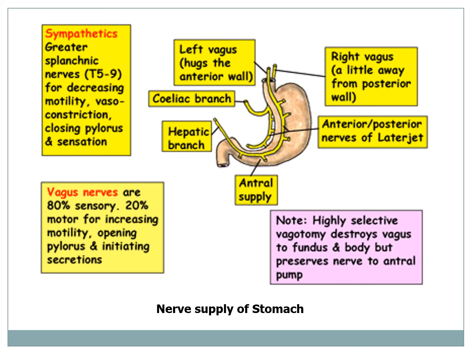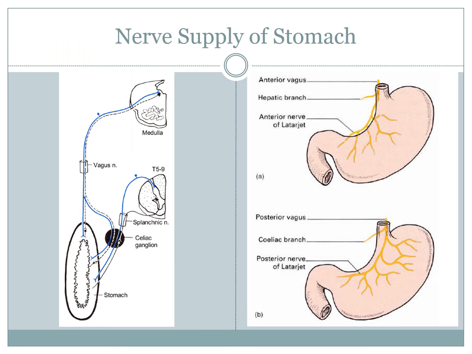Parasympathetic fibers stimulate the gastric musculature, inhibit the pyloric sphincter, and are secretomotor to the gastric glands. And parasympathetic sensory fibers convey the sensation of hunger and nausea, and their cell bodies are situated in the nodose ganglion of the vagus nerve. So these are the nerve supply of the stomach.